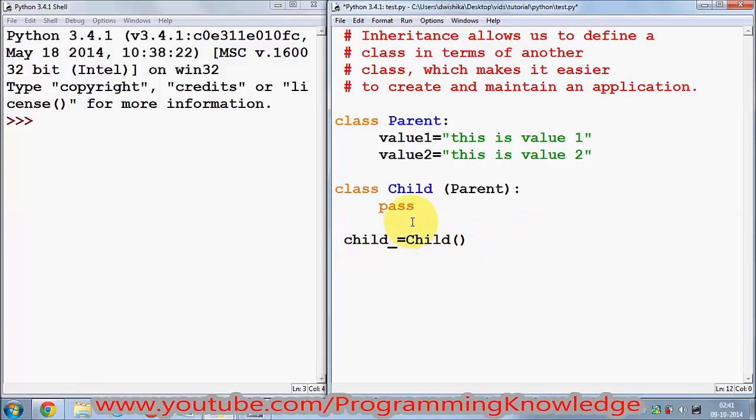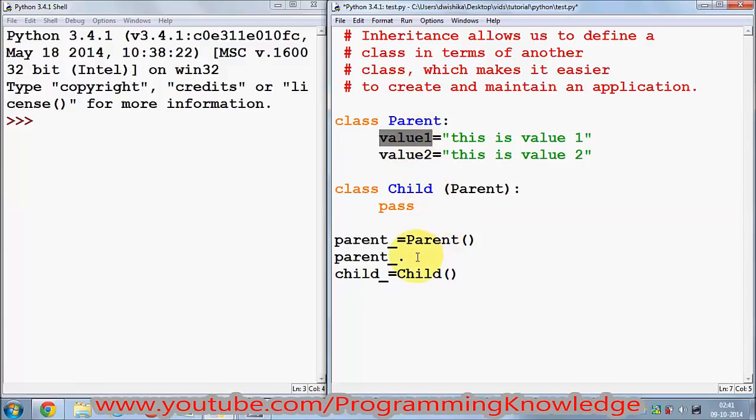But let's first create an instance of the parent class, and then we will create the instance of child. Parent, and parent is equal to parent. So we have created the instance of parent class, and from this instance we can call parent dot value